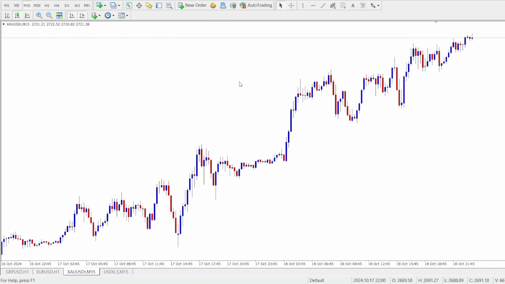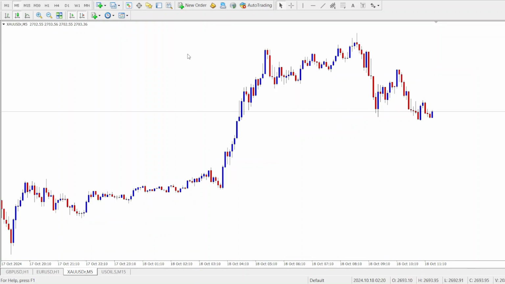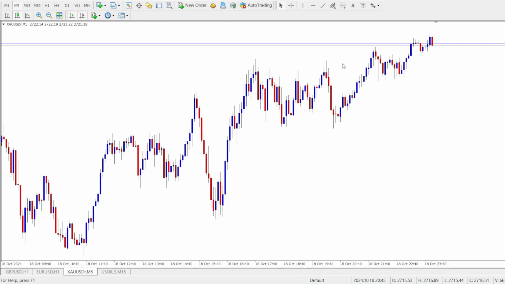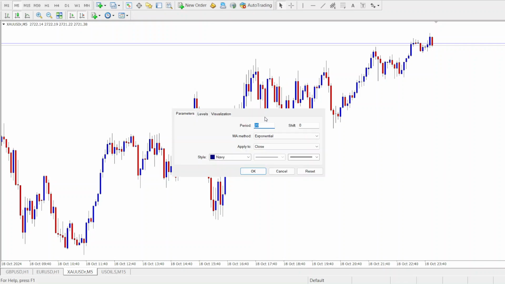Starting with the moving averages, we're just going to go to the 5-minute charts. The SMA averages the closing price over a specific period. It's useful for identifying the overall trend. That's for the SMA. Then the EMA gives more weight to recent prices, making it more responsive to price changes. Common periods for day trading are the 9 EMA and the 21 EMA. So we're just going to be using the 9 EMA and 21 EMA for this